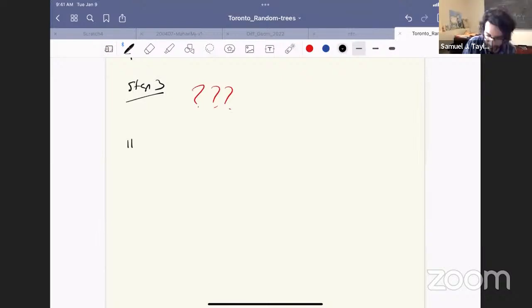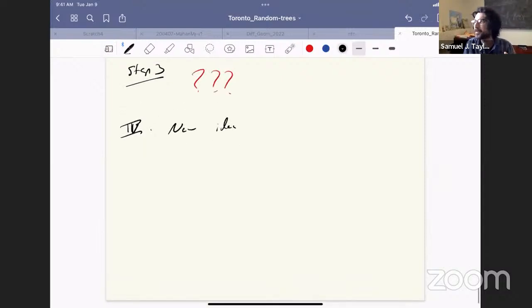Okay, so what's the new idea? I say new, but the paper is like 2 years old. I'll just write new idea. I just have to say a little bit more about the type of geodesic that I'm talking about. So what are these geodesics? So there's the definition,